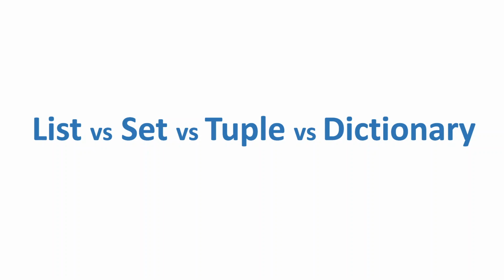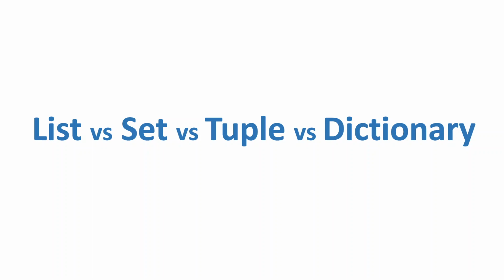In this Python beginner tutorial series, today let's discuss the difference between list, set, tuple and dictionary. Alright, if you have been following my previous videos in the playlist, I have given you detailed information about all these four data types, like how to work with list, set, tuples and dictionary. If you are really interested, I would suggest you start looking into those videos. But for now, I'm just going to give you a summary